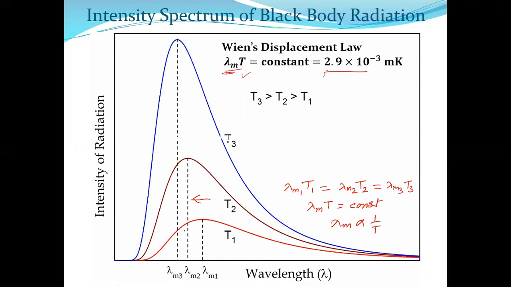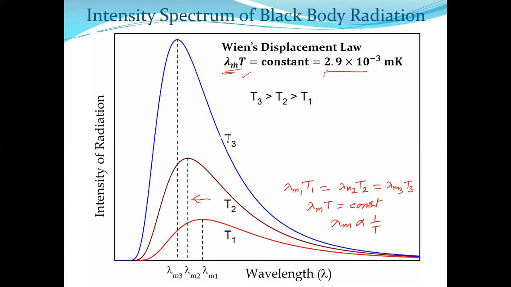only the wavelength corresponding to the peak is observed. That means only lambda m is observed. So find out the wavelength. Suppose you are very sure that you are getting red color coming out of it, actual red color. The red has different shades. For all the shades, you can find out the wavelength. So find the wavelength for which you are observing the color. Suppose you are observing a particular shade of red coming out of the heater. So find the wavelength for that.